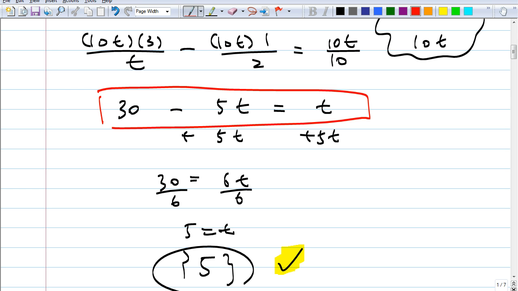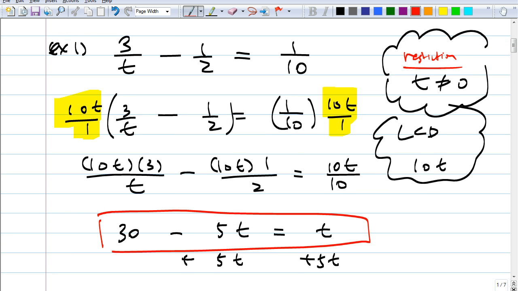So if this t came out to be 0, then you will say there is no solution for this because t was your restriction. Does that make sense? Sometimes you get more than one answer, so instead of getting 2 answers, you get 1. Does that make sense? And not only that, there's one other thing you've got to watch for. Even though multiplying both sides by the LCD makes it really easy,